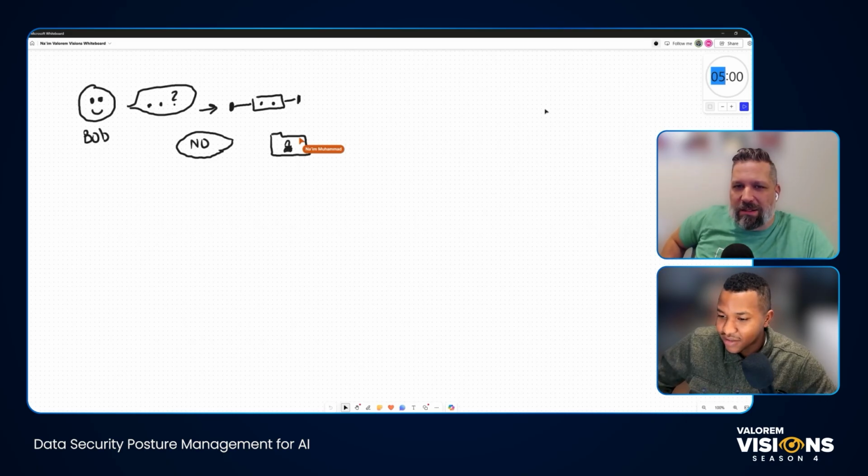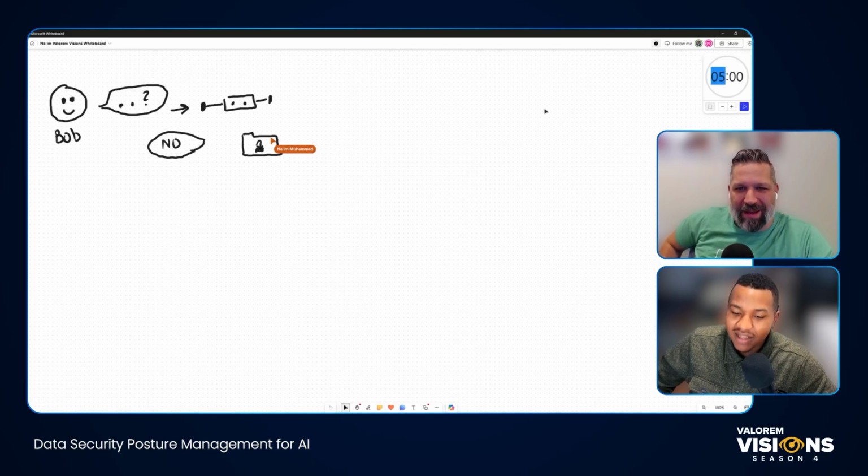So it's the holiday season. So Bob's our 5-year-old. He's trying to use Copilot to get to know what gifts he's getting in the holiday season. And mom and dad have put in the right permissions with DSPM to deny all requests inside the home to get access to the Christmas list. So I love that, Naeem. Okay. That's a good example. Thank you.